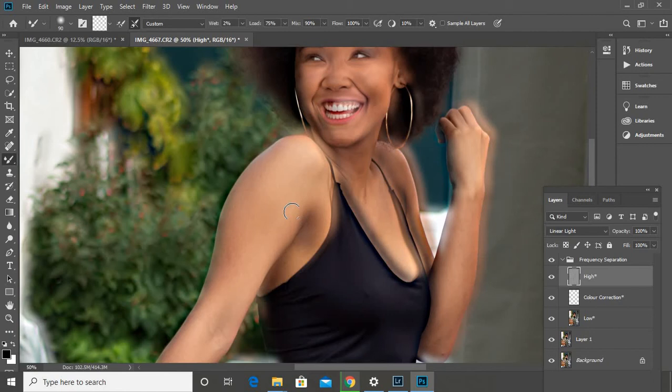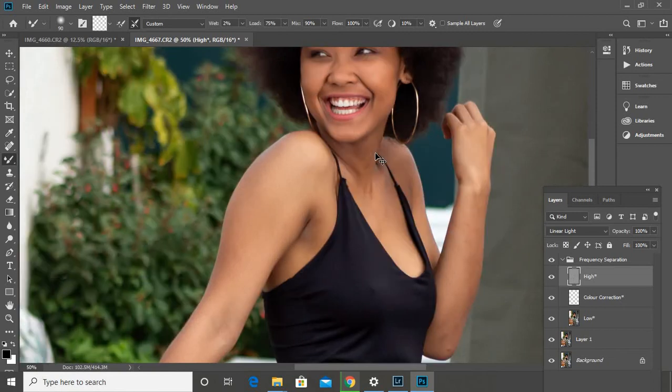Why am I on high? What did I do? I think when I accidentally moved my image, I moved everything in. Okay, let me go back. I think we are fine. I'm supposed to be here. Yeah. And just like that, just imagine if I didn't pick that up. I would have probably wasted a couple of minutes trying to clean the image up and just realized later on that